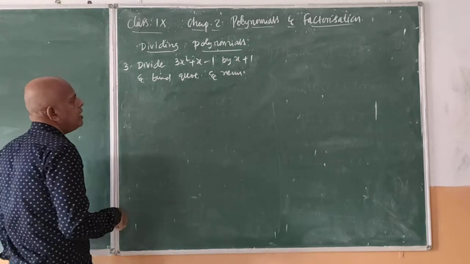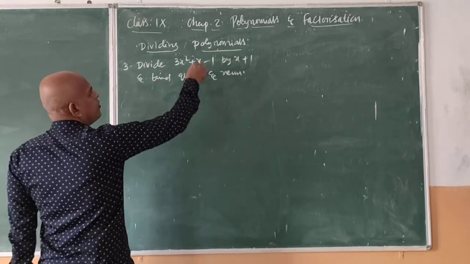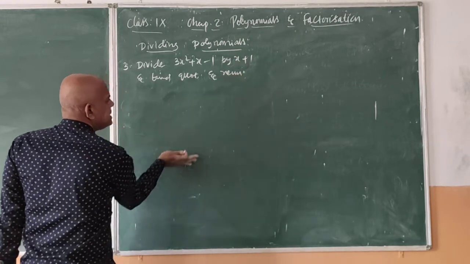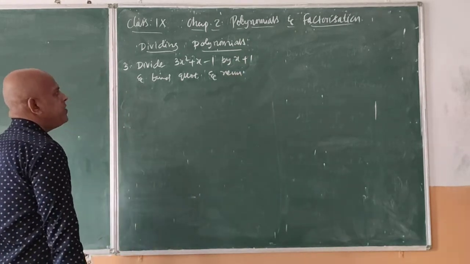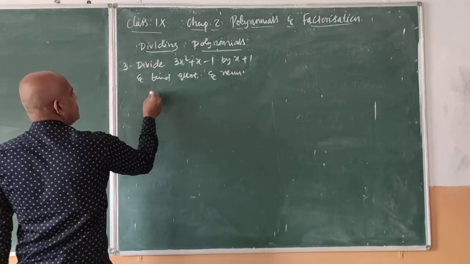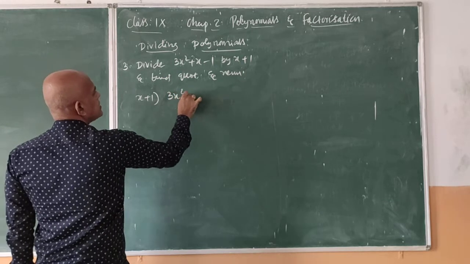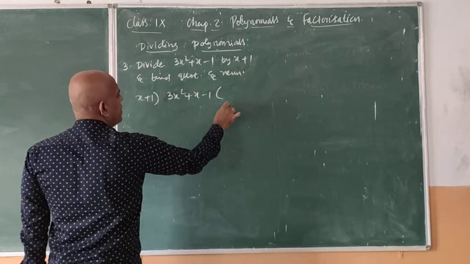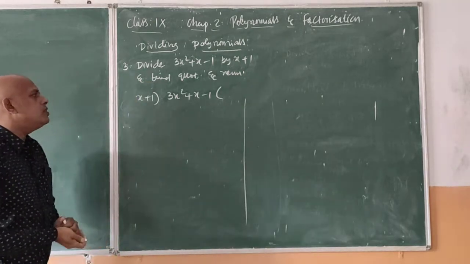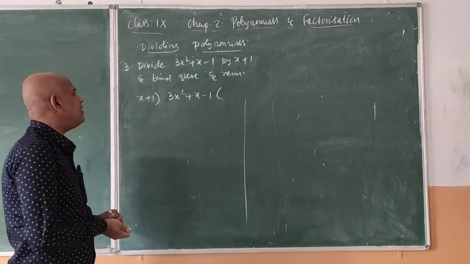So let us do it here. This you learned in 9th class, but again it is given here. No problem. We are going to learn once again the division of a polynomial by a binomial using the general division process, as we do with real numbers. So now x plus 1 divides 3x square plus x minus 1. It is a very important division. You have to learn it. Listen carefully. There are some steps you have to follow, and based on that only we can solve it easily.